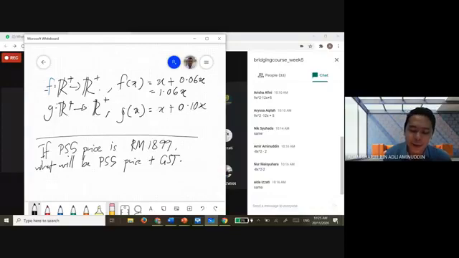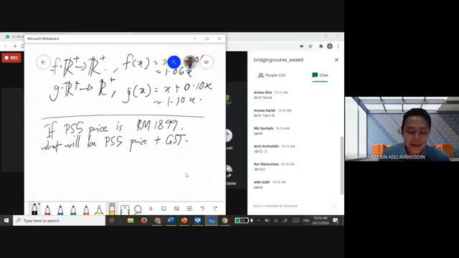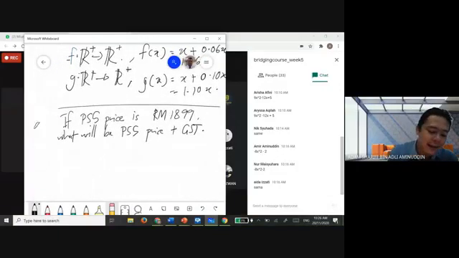Katakan 0.1 lah X. Jadi 1.1X. So saya saja letak kat sini, katakan kalau beli barang, tak adalah service tax. Tetapi kalau you pergi restoran,